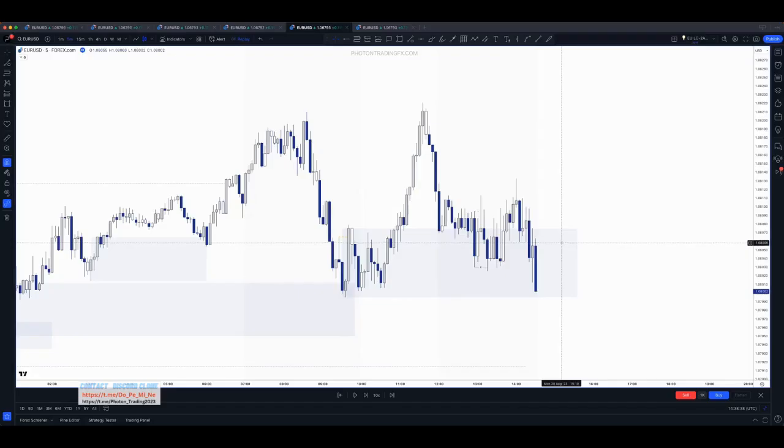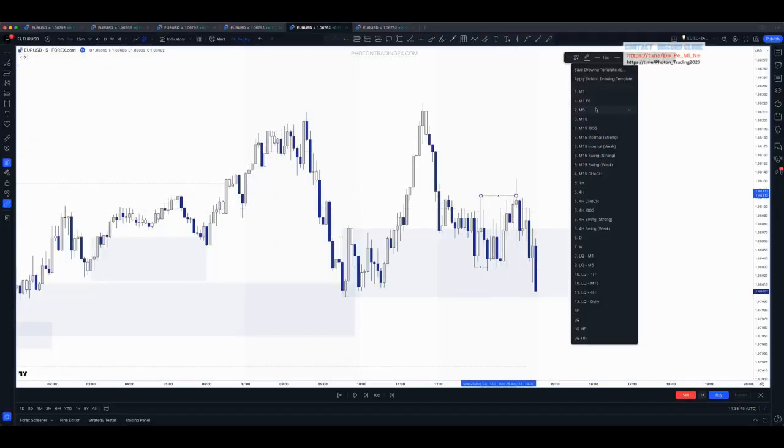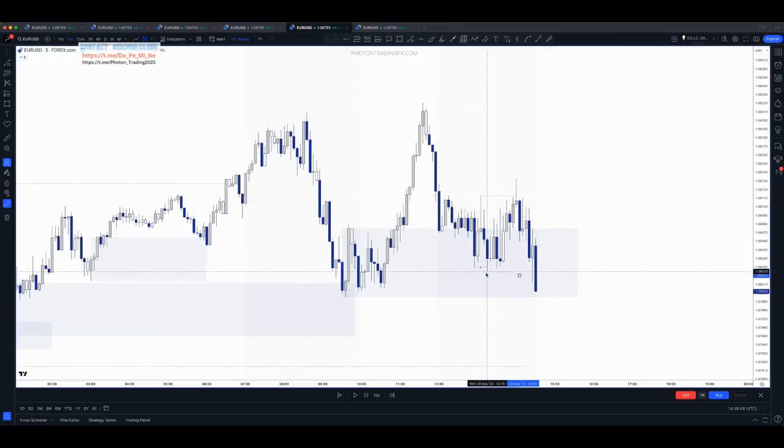Well, what do we need? We need a new strong liquidation. Well, this low, did it break any structure? Yes, it broke this high. So we've now had another M5 change of character here. So then this can be your new strong liquidation on the M5. Okay, so